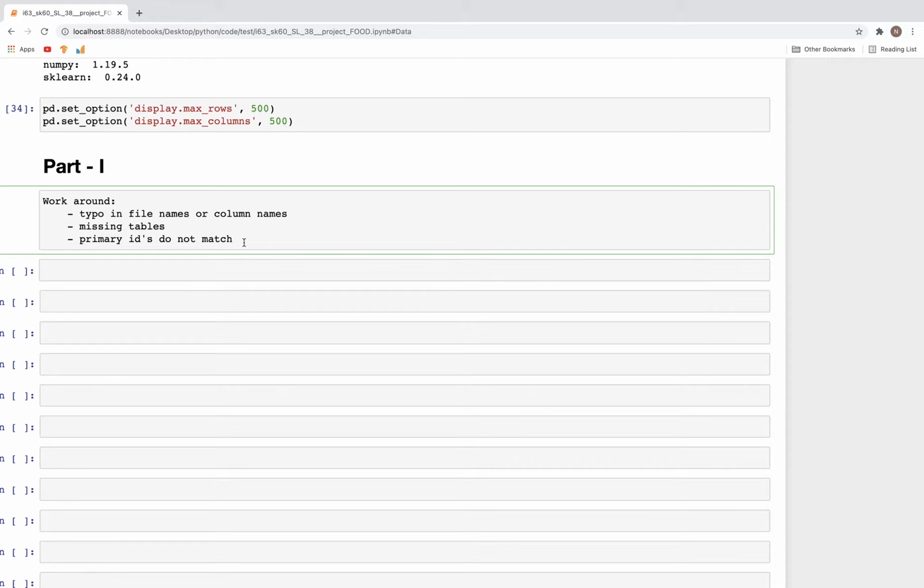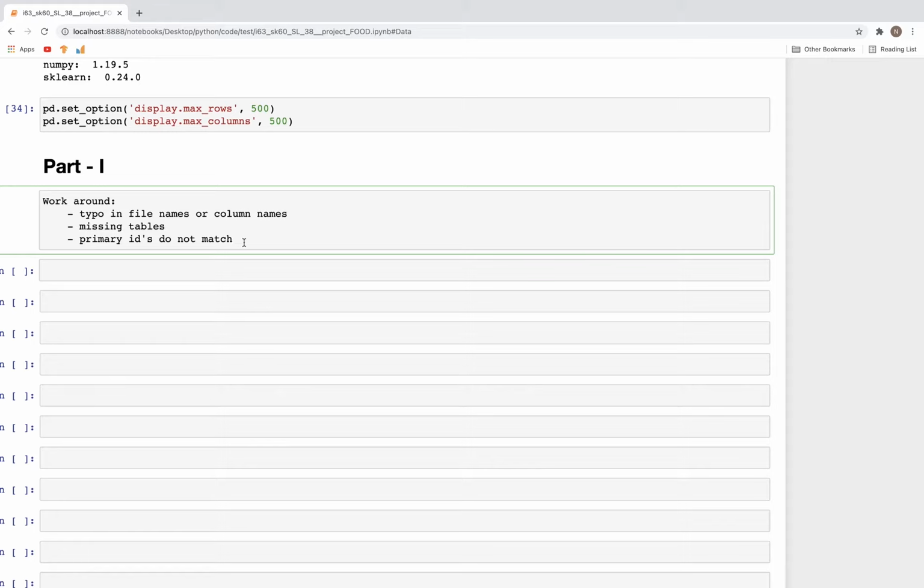However, in this case, I found that the label, let's say the number FDC ID, does not always match from one table to another table, and there could be several reasons for that. I couldn't get into it, but if they do not match, we basically cannot use